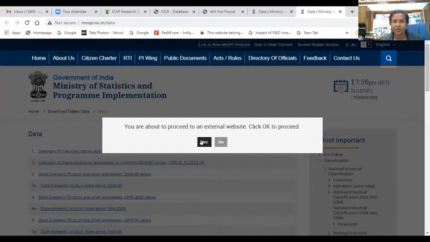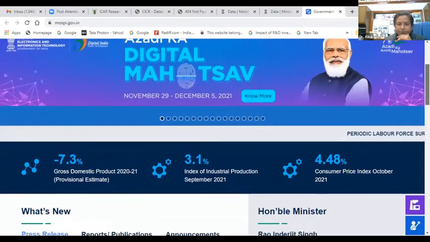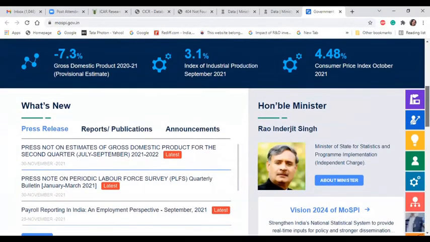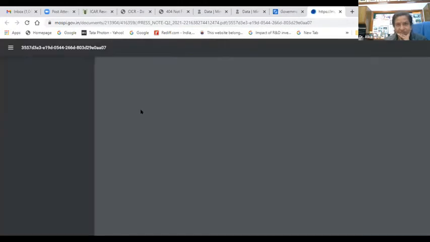Like the new MOSPI website, that was the old one. Now you can skip to this one. Is it visible to you? Yes, ma'am. Okay. For example, in today's newspaper, if you saw the Times